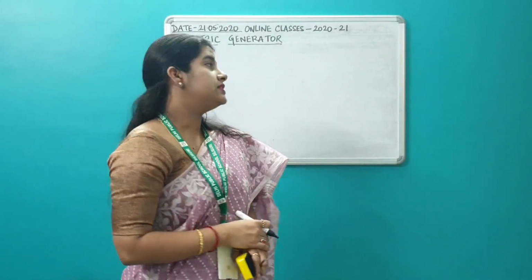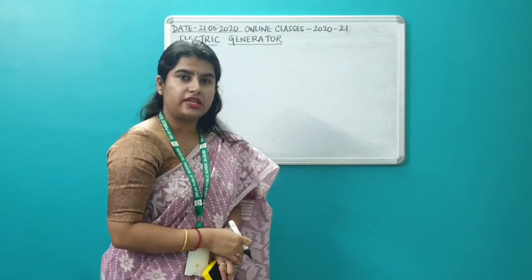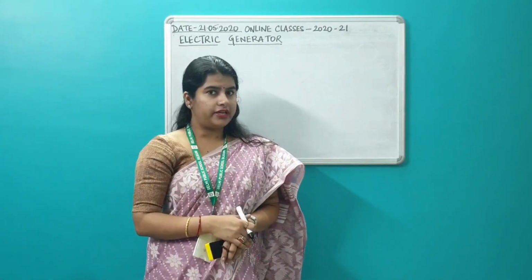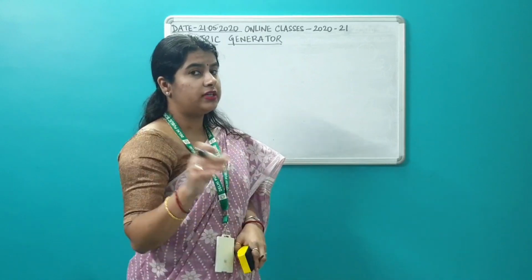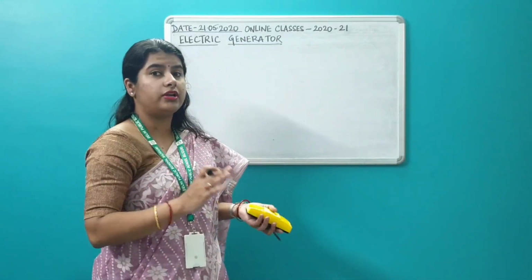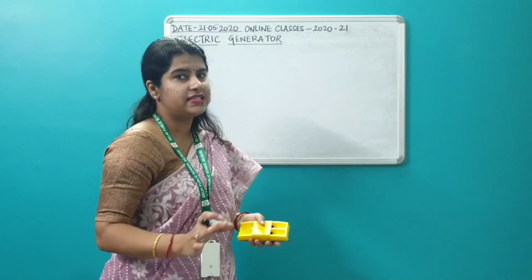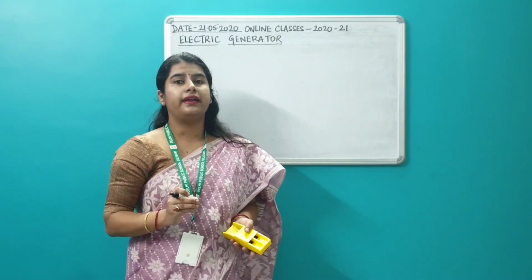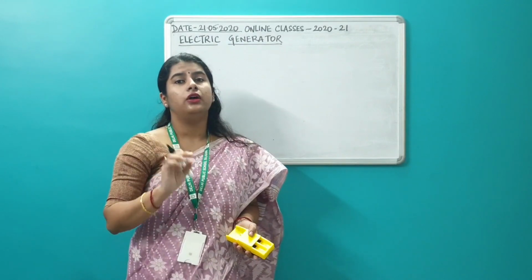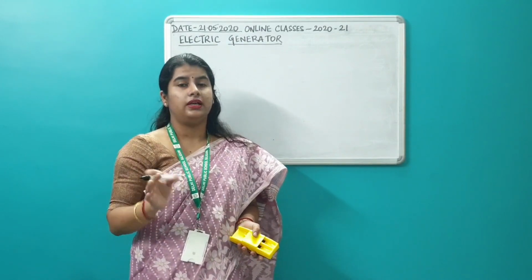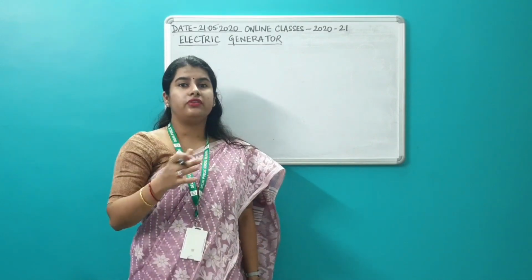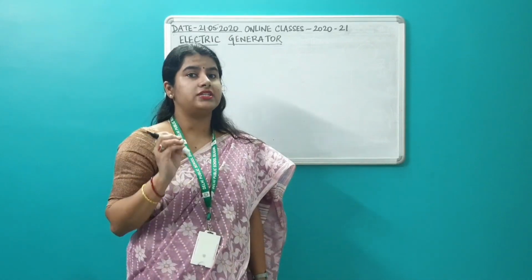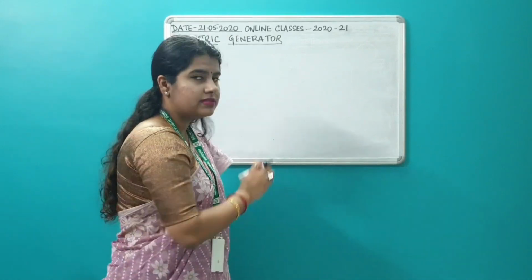Okay, so I am going to discuss the drawing of this DC generator, just to get your concept clear. AC generator I have already shown you. Now I am going to show you the diagram of the DC generator, and let us see what is the basic difference between AC and DC. AC stands for alternating current and DC stands for direct current. Direct current means the direction of the current is always in one direction. It is unidirectional. In alternating current, the direction reverses, but in DC, the current flows in one direction, so it is always unidirectional. Okay, so let us see the diagram.